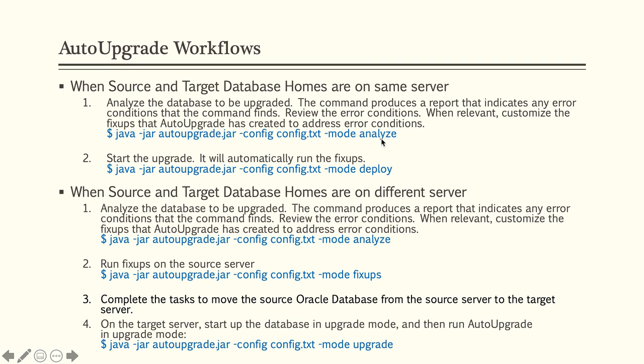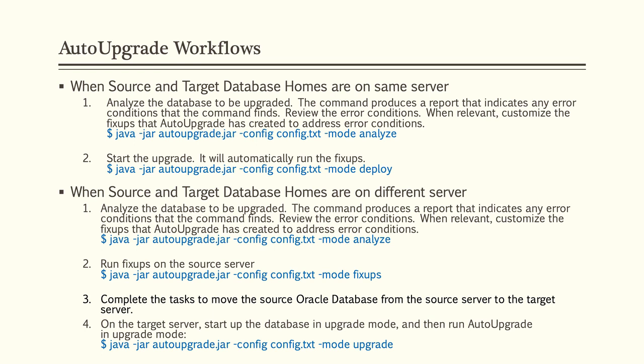But in those stray cases where the source is on a different machine and the target is on a different machine, maybe because of incompatibility of operating systems, although that's probably not the case, you probably never found the time in the past to do an operating system upgrade. So you have an 11G database which is on Red Hat Linux 6. You never found time to upgrade it to Red Hat Linux 7, and because of the various challenges you would normally come across while doing an OS upgrade, you decided not to.